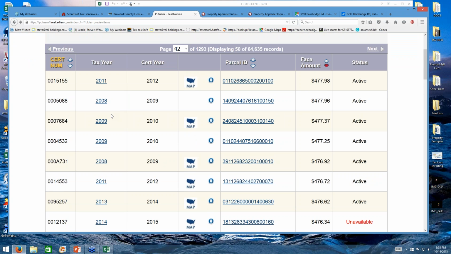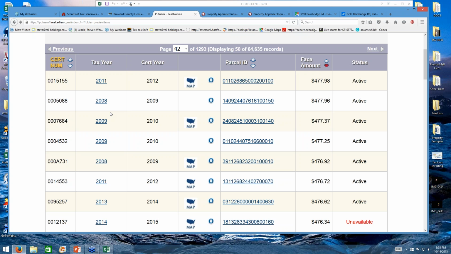But you're just going to want to see how many additional tax liens are on it, because if there's 7 or 8 tax liens, see what that total amount is, because that total amount will have to be paid before you can foreclose on the property. So you just want to make sure that that amount isn't exceeding really what the property's value is, because with tax liens, if we want to earn the interest, we want the best tax liens that our money can buy, so that our money is going to be protected.